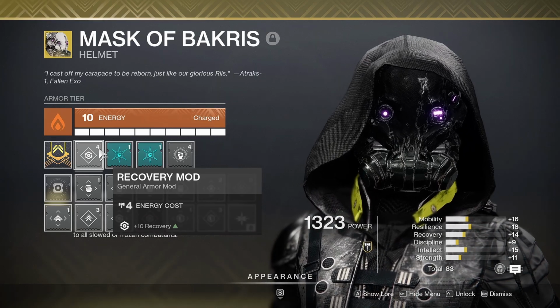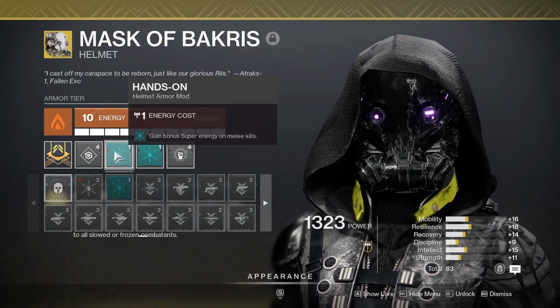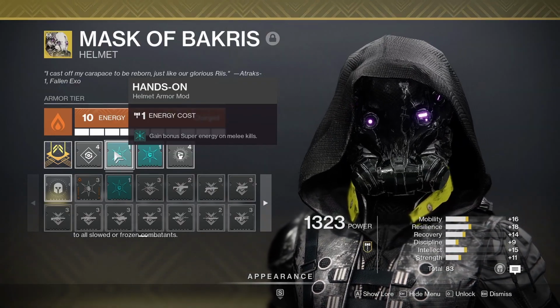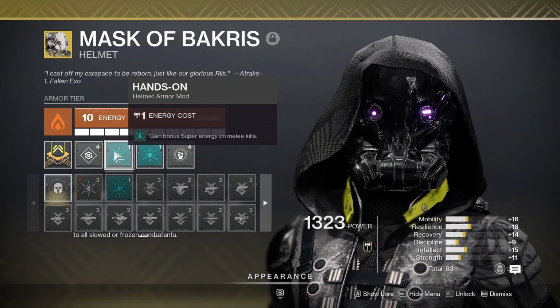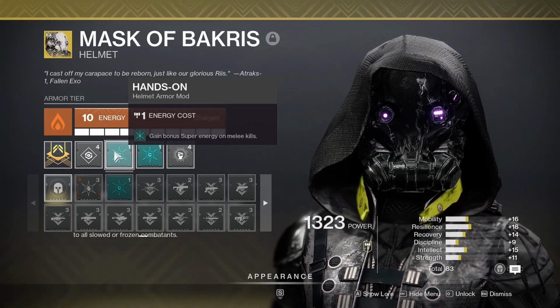Anyway, melee build. Usually I do Ashes to Assets here. I hate the Hunter grenade. Like, whether or not that grenade gets the final blow, it's another thing. I don't do Shatter Dive on my Hunter. I do...